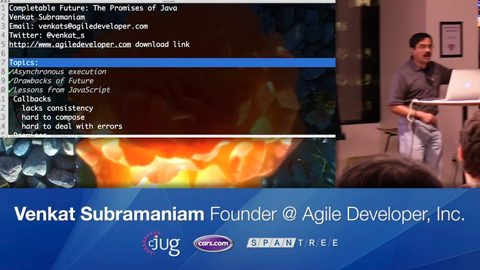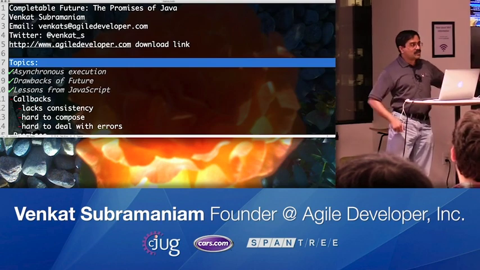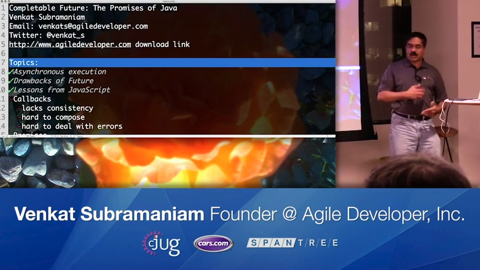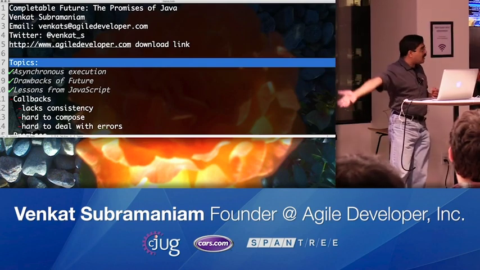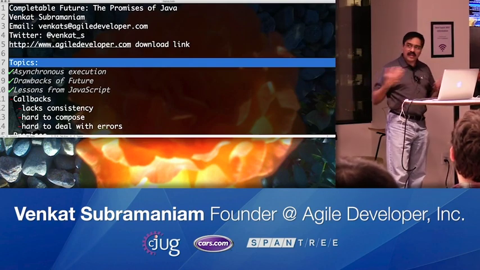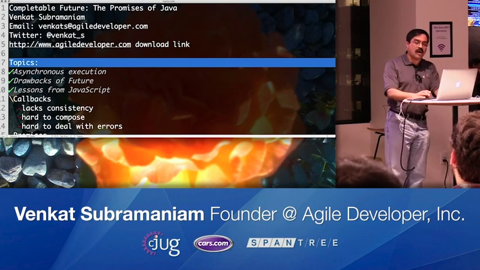You make a method call, and then of course, you don't block on it, you move on to do your own stuff. So it's a non-blocking call, and of course, JavaScript will go off and do its stuff, and when it's done, what does it do? It's got to get the results back to you. But how do you get the results back? Well, JavaScript typically used what are called callbacks.